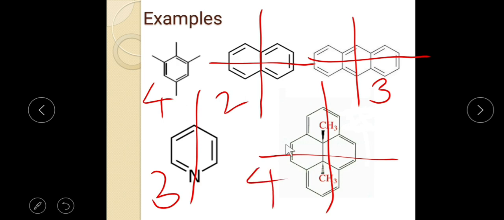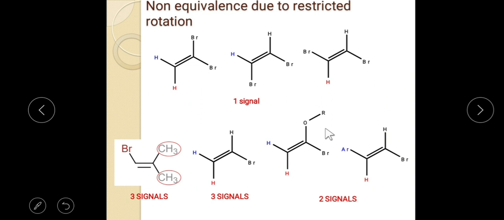It's so easy and simple. No need to get confused with the other parts. So this is 1, 2, 3 and 4. So this molecule has 4 non-equivalent protons. If we have symmetry, just draw the planes and consider one part from the divided parts. Okay. Now let's consider another example. If we have double bonds, this double bond has restricted rotation.